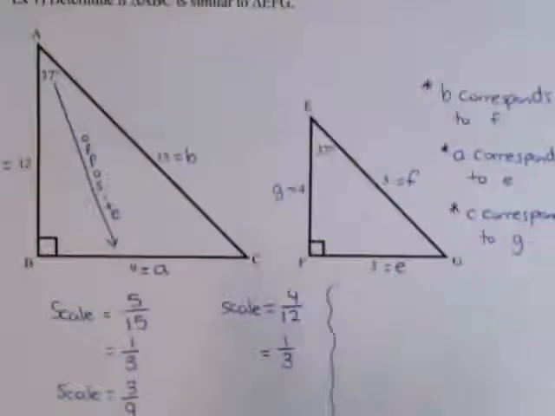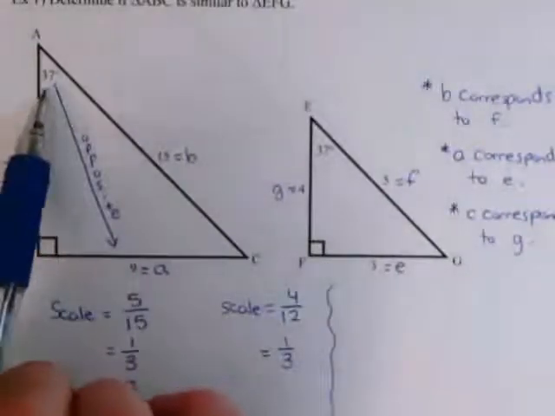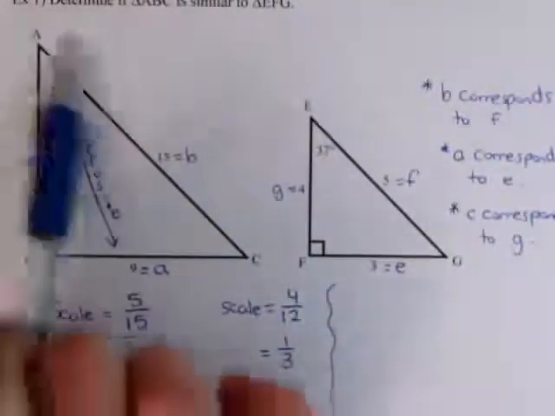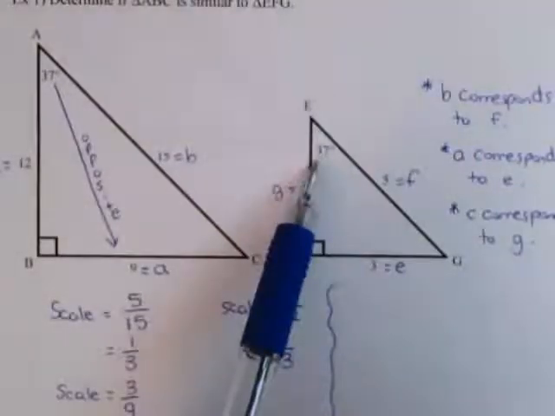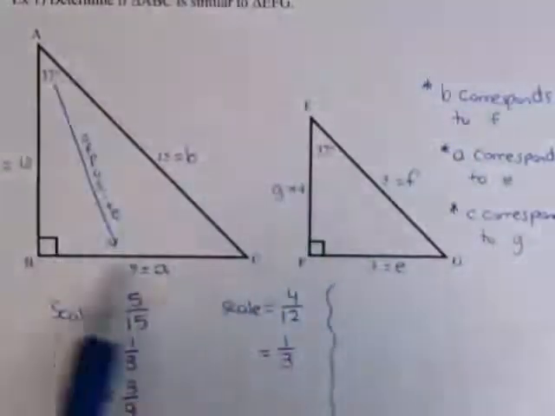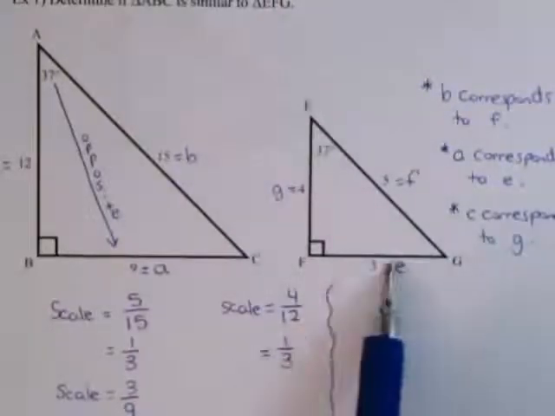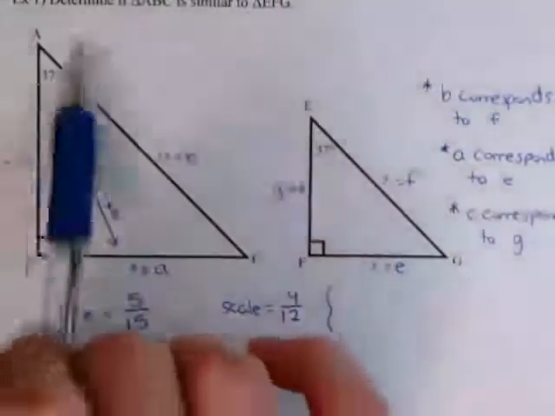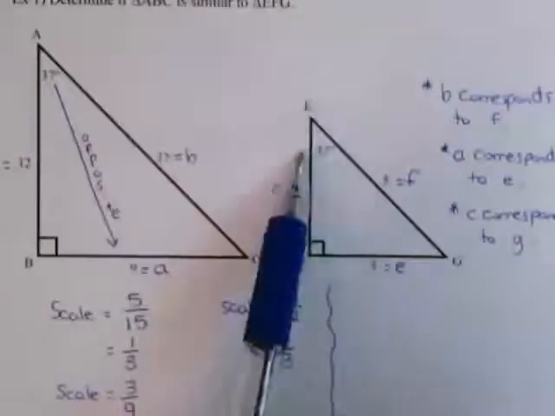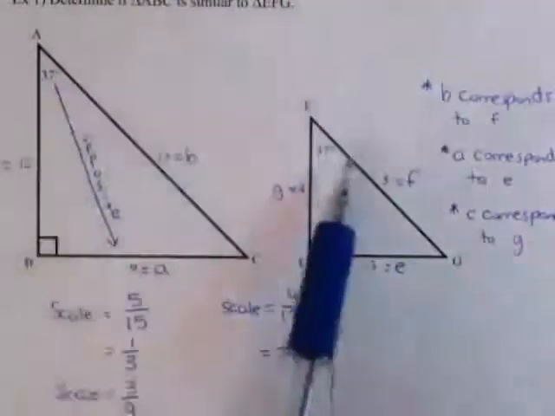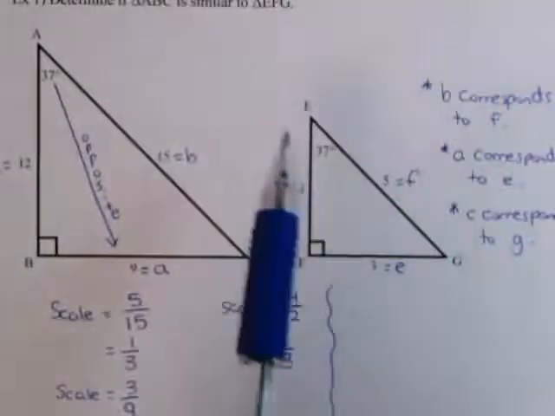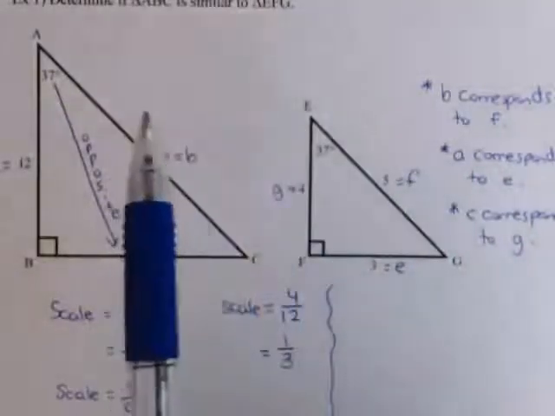If you look at what we have here, we want to look at the corresponding angles. So the one at the very top here is corresponding to this. And as you can see, side A corresponded to side E, which automatically means that angle A corresponds to angle E as well. Okay, and so because these two angles are equal to each other,